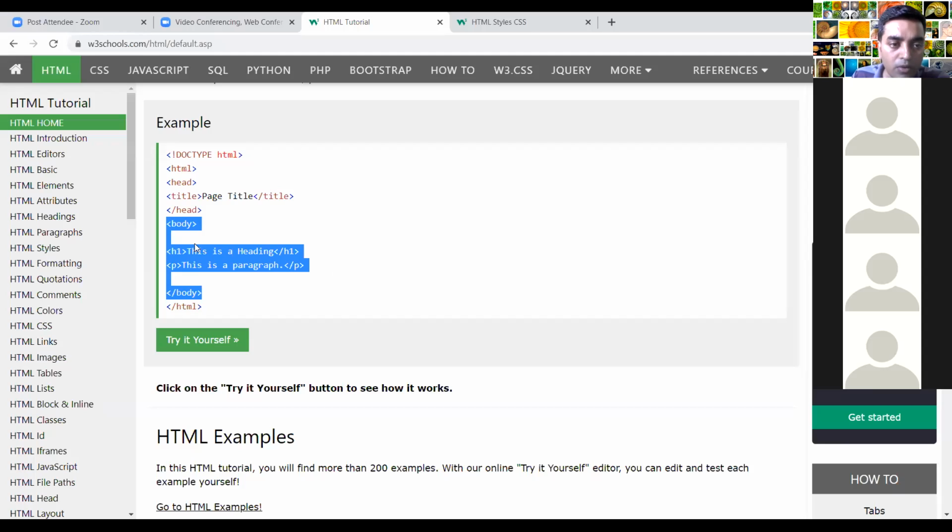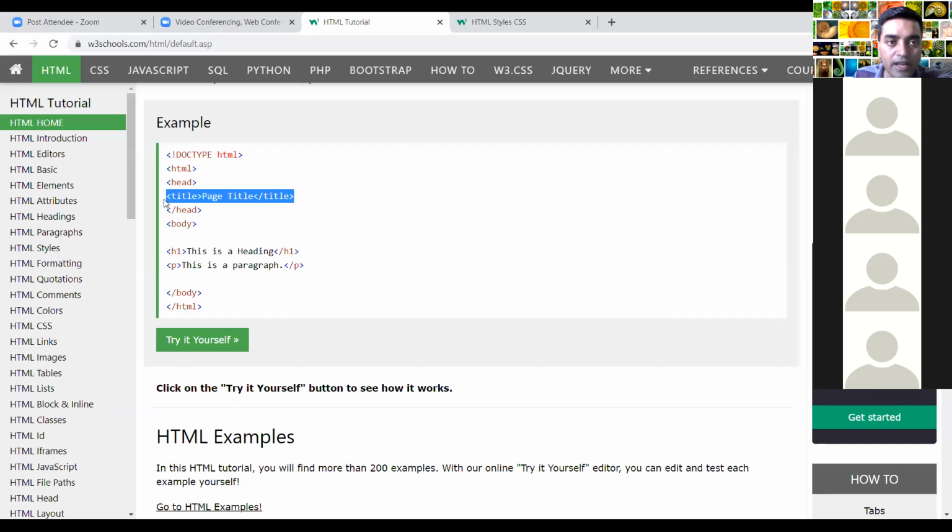Now, inside this head, as I said, the most important things are there, like title. Title tells what the page is all about. When a search engine crawls, it searches for the name of the page. So the search engine primarily goes inside this head section. Now let's see a real life example for our website.